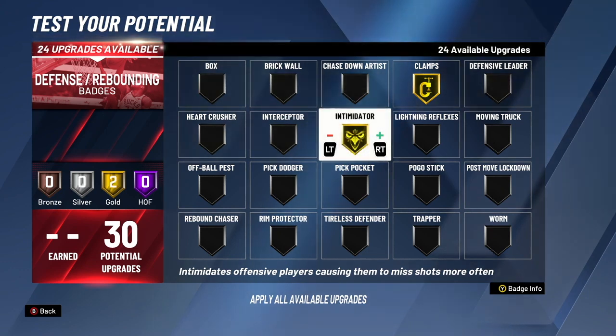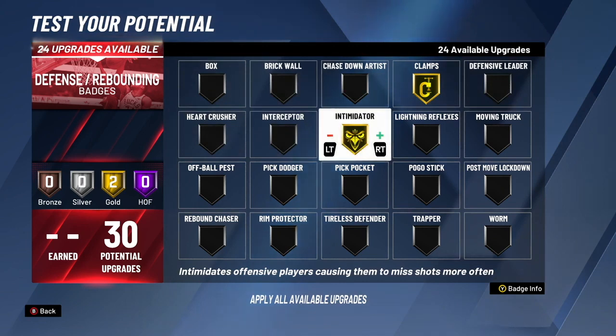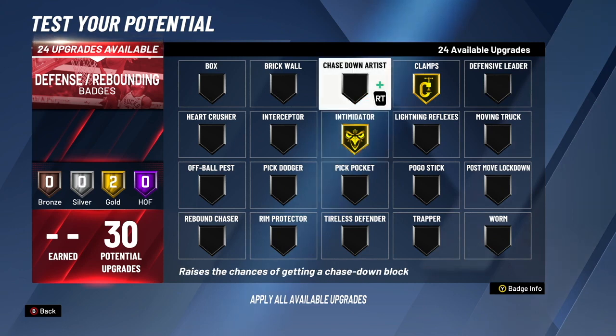And for the 6th badge upgrade, we're gonna be going from Silver to Gold Intimidator. Now we're gonna be getting the best shot contest in every situation, depending on if you put your perimeter defense and interior defense as high as possible. Now it will be an inconsistent badge if you didn't upgrade your perimeter defense at all or your interior defense at all. Intimidator can be inconsistent with people that have those type of builds, but if you have those maxed, it's actually a really good badge. All right, next for the 7th badge upgrade, this is gonna be my favorite defensive badge